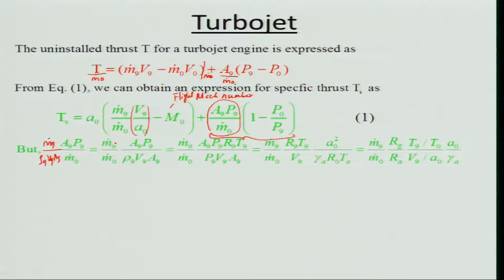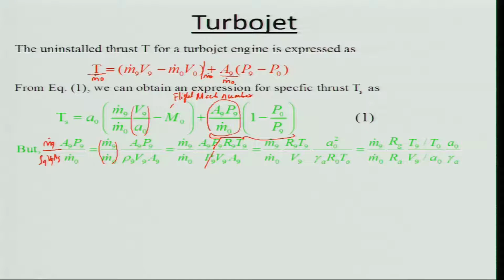So, that means m dot 9 by m dot naught, this is the term we already have, which is similar to the momentum thrust expression, and A 9 and P 9 divided by rho 9 V 9 A 9. Using the ideal gas law, I can express rho 9 as P 9 by R 9 T 9. So, I can cancel this P 9,